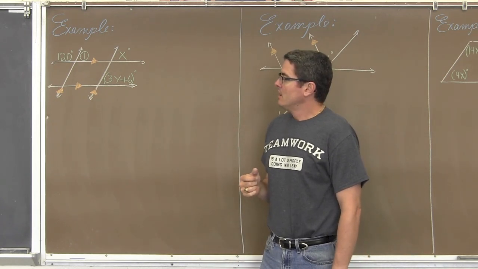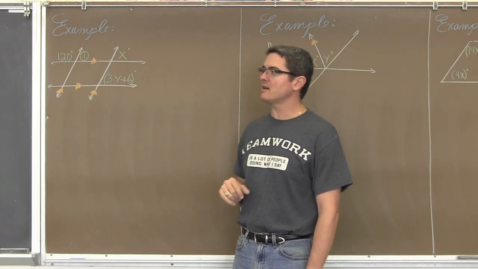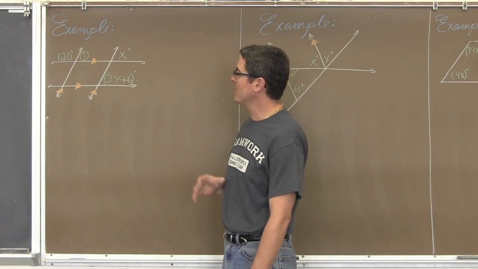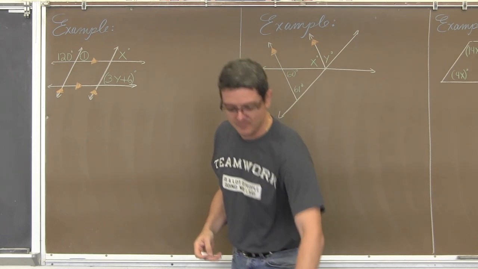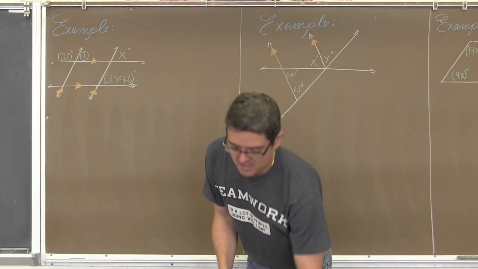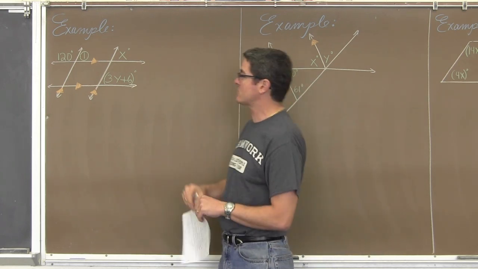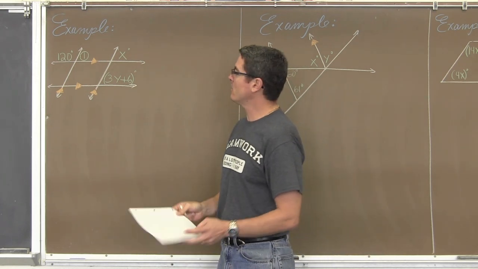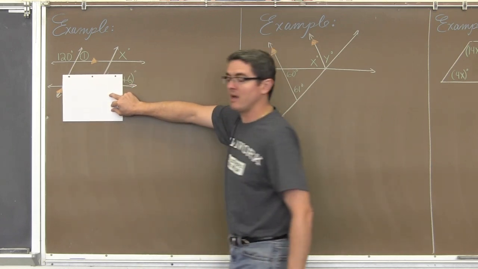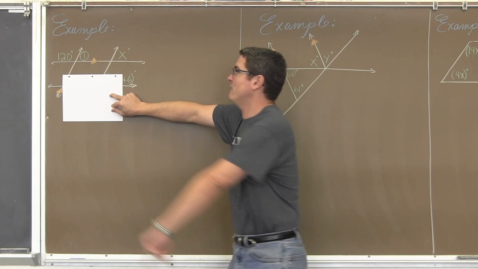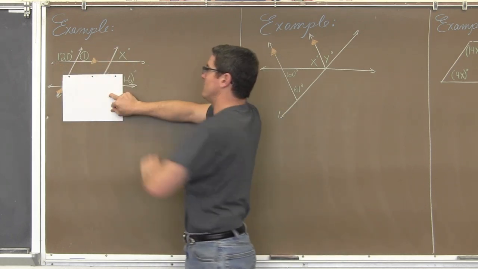Now, we've got a lot going on here, and this is a more complicated diagram than how I started off with, so I want to first focus my attention on solving for x. And to do that, what we're going to do is kind of ignore part of the diagram, the extra stuff in there that I don't really need to solve for x. So if I cover up this portion of the diagram as best I can with my notebook paper here, we have 2 parallel lines being cut by a transversal.